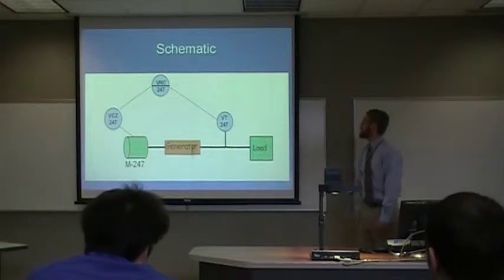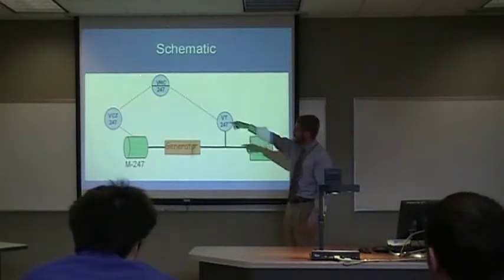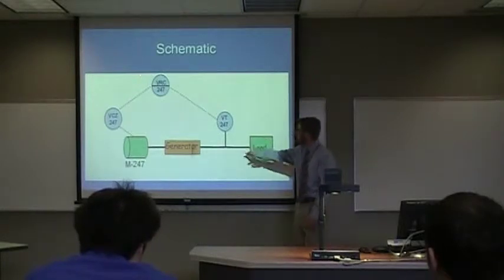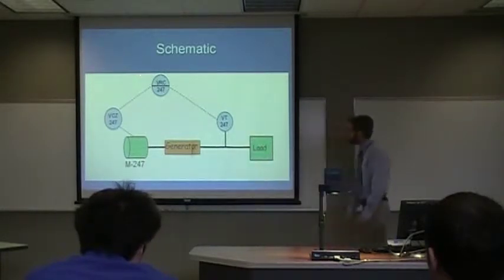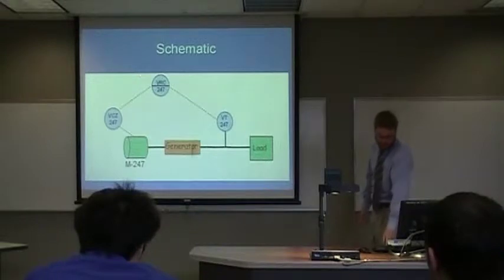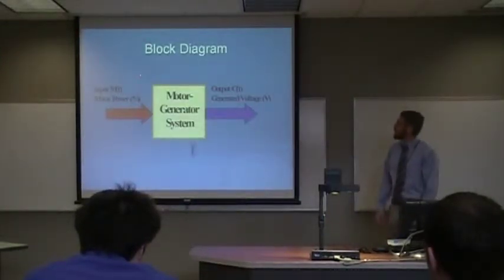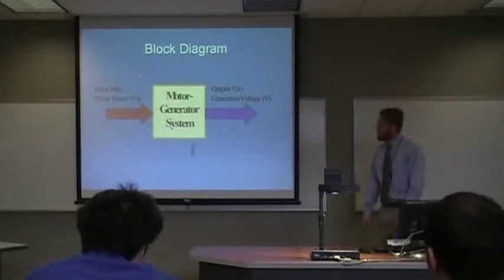Here we have our controller. We can send a signal to our motor, which spins the generator, which generates that output voltage, and a transmitter sends it back so we can tell what our output voltage is. The block diagram: we've got our manipulated input, which is our motor speed, and then our output is a voltage